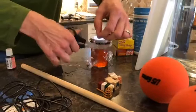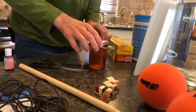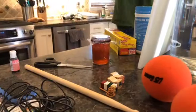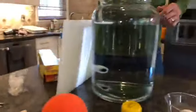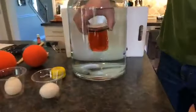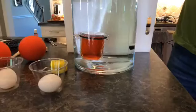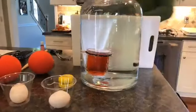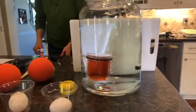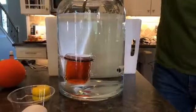And now we're going to take this container, which has hot water, which is less dense than cold water, and put it in this, which has cold water. And we'll see what happens. We set it down to the bottom, and if my seal is good on that hair tie, nothing will happen to start. But now I get a sharp knife, and now I poke holes